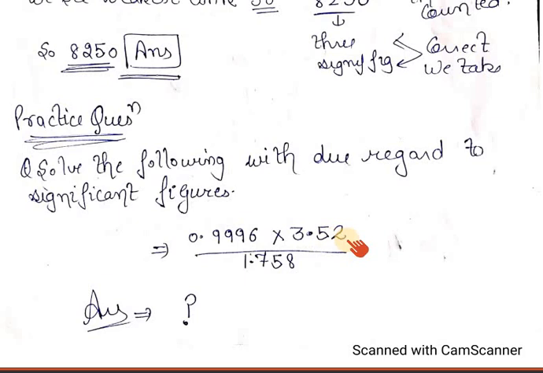See here, 1 2 3 4, there are 4 significant figures. Here 1 2 3, there are 3 significant figures, and in this number there are 4 significant figures. So you have to give your answer up to the minimum number of significant figures. That means you will give your answer up to 3 significant figures. That is a hint for all of you. Now you will solve this and give your answer, right? And you will tell me your answer in the comment section. I will let you know whether it's correct or not.